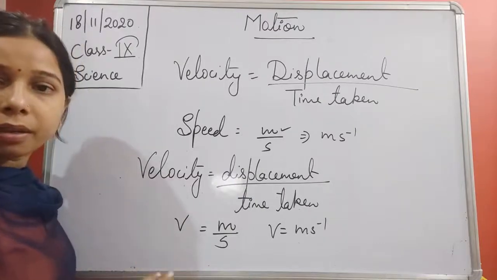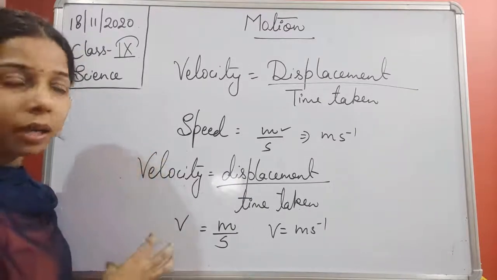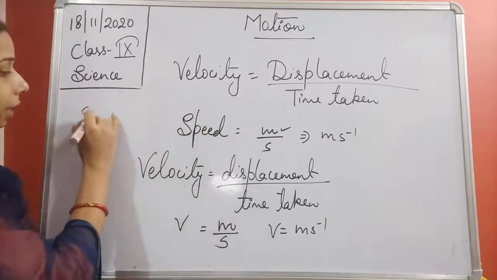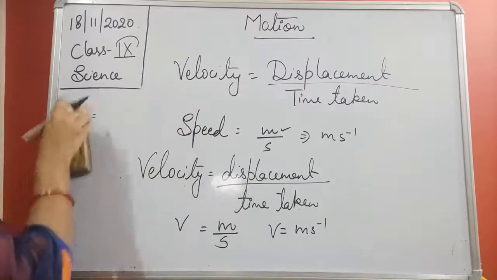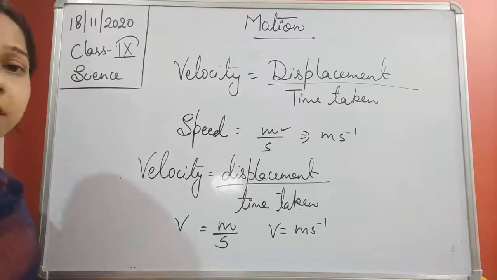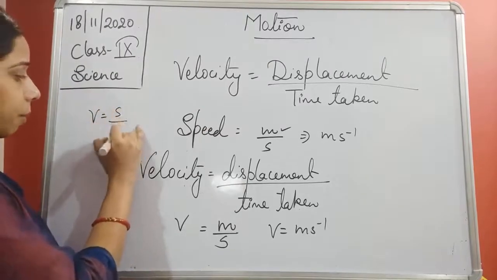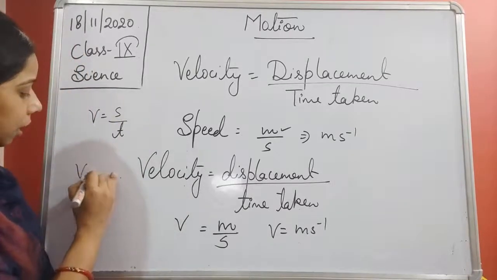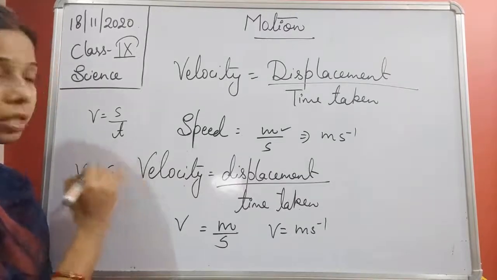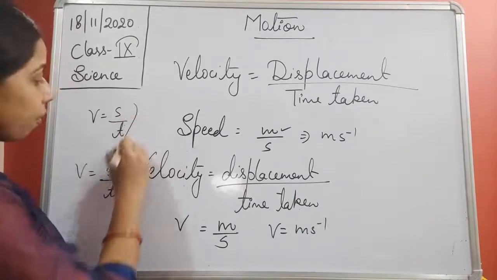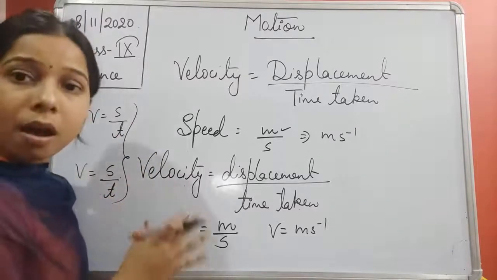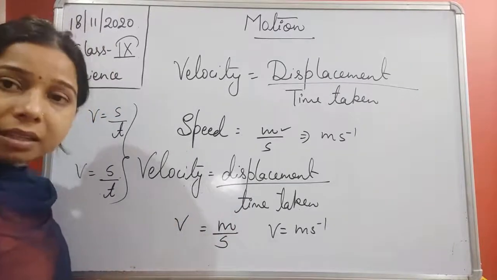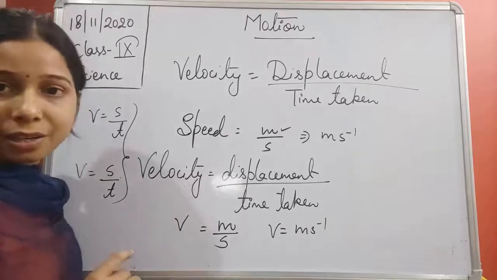So everything is common here, whether it is the formula, that is v is equal to s upon t. You can see, students, if we take speed as v, we can write here that v will be equal to s upon t. The same thing we can do for velocity. In case of velocity, that is also equal to s upon t, right? So both of them are represented by the same formula, as well as the same SI unit. So the basic difference between these two is only the direction.